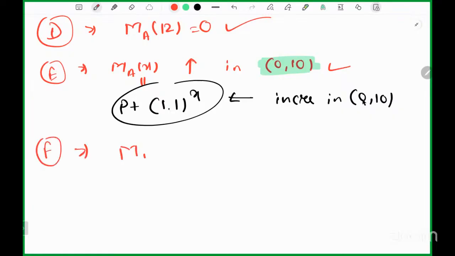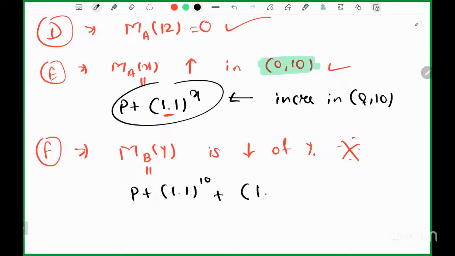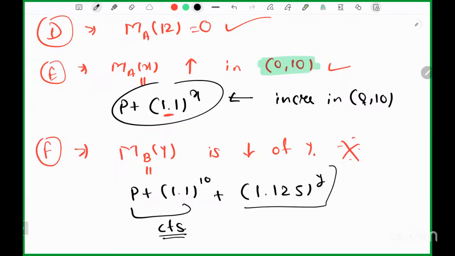that MB of y is a decreasing function of y. So this is incorrect, right? Because MB of y is also an exponential function, and here the value of a, that means your base, is bigger than 1. So when the base is bigger than 1, we know that it will always be an increasing function. So here MB of y is what? It is P into 1.1 to the power 10 into 1.125 to the power y, right? So this is just a constant, so it doesn't affect the function. We just have an exponential function here,